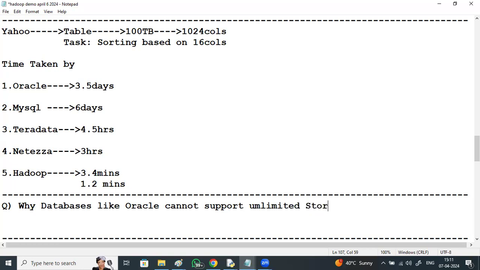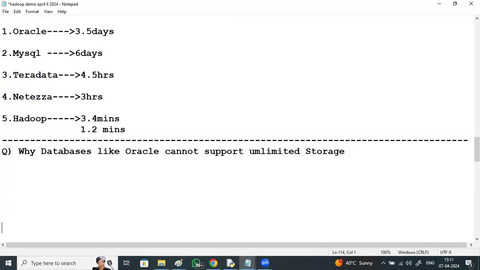Even these databases can go with multiple slaves or systems, but there is some limit. There is a maximum limit on the number of slaves.